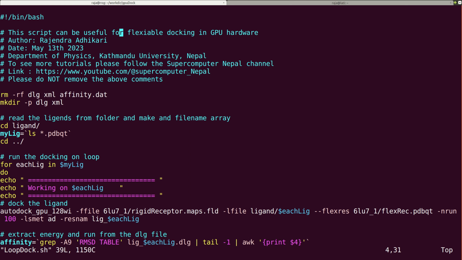This is again a bash script, by the way, and here is some info about this file, and you can also see this video later on the YouTube channel Supercomputer Nepal. I am deleting all these files before I run anything, and I am creating two folders, DLG and XML, to keep the files related to DLG and XML outputs in the corresponding folders. What I am doing here is going inside the ligand folder and reading all those PDBQT files as an array, and the overall array name is myligand. And I am coming out of the folder. So the array has been created,